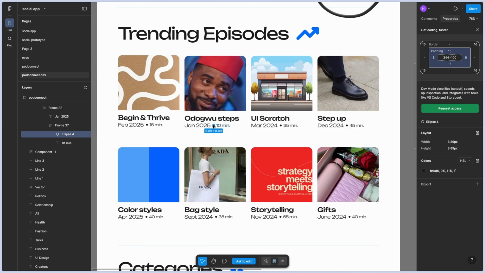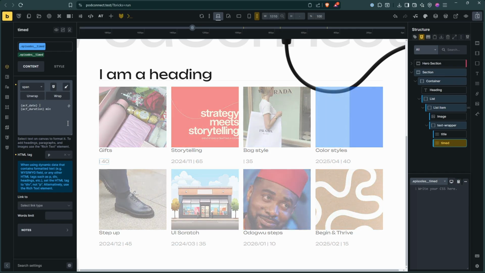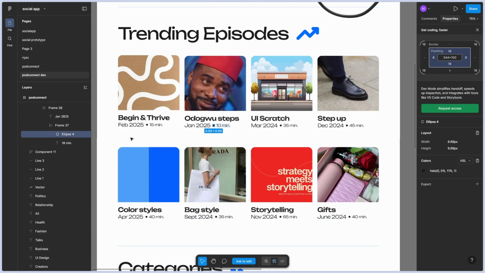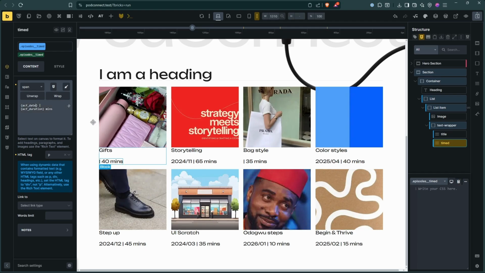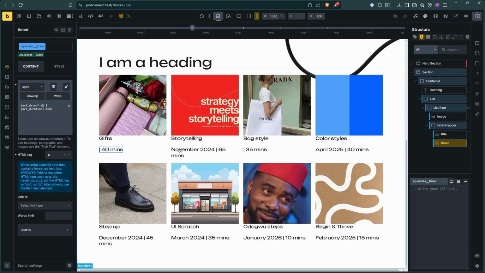So you can just copy and paste and use that. So we have date and duration. So for the duration, we'll say after it, let's say minutes. Now to make it show just like this, what you do is you add a semicolon and you do F space Y. And then it's going to output it just like this. And then you save